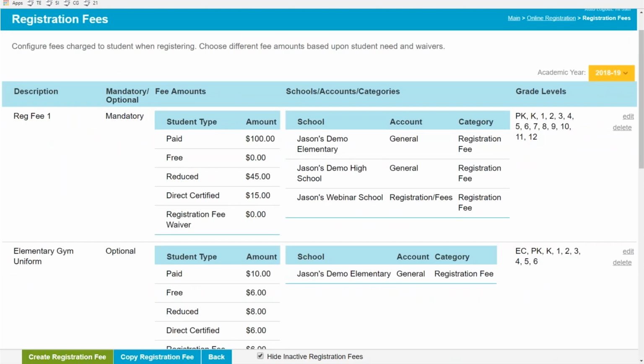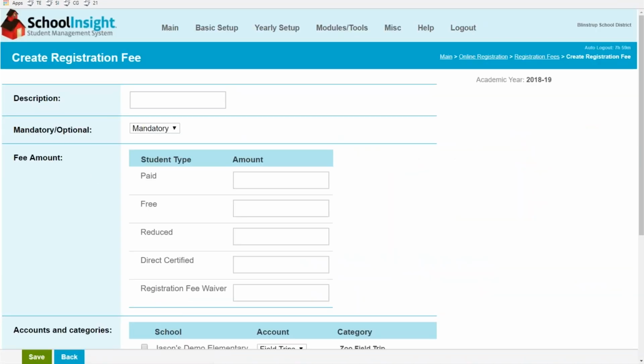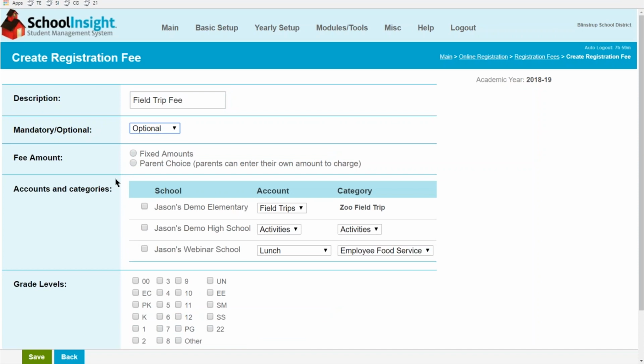Creating a new registration fee by clicking on the button in the lower left here will give you a series of options. First, you'll need to give the fee a name. You can decide whether or not this fee is mandatory or optional. A mandatory fee will be charged to every student that falls within the criteria, for example, their grade level or their particular school. An optional fee allows parents to choose whether or not they want to pay this amount or